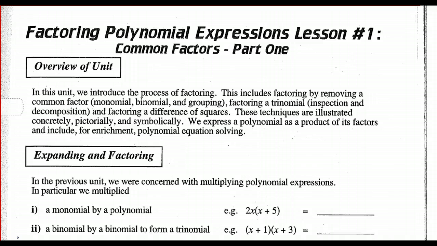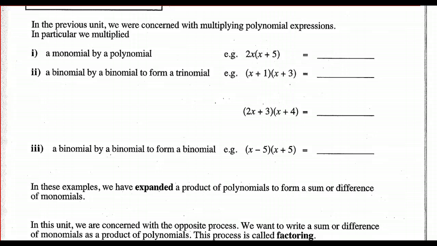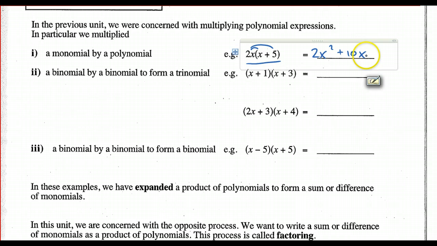Factoring is the opposite process of what we did last unit, and that was multiplying and expanding polynomials. Let's test that out to see what I mean. Last unit we looked at something like 2x times x plus 5. We would distribute that and get 2x squared plus 10x. What we're doing this time in this unit is we're going from this,